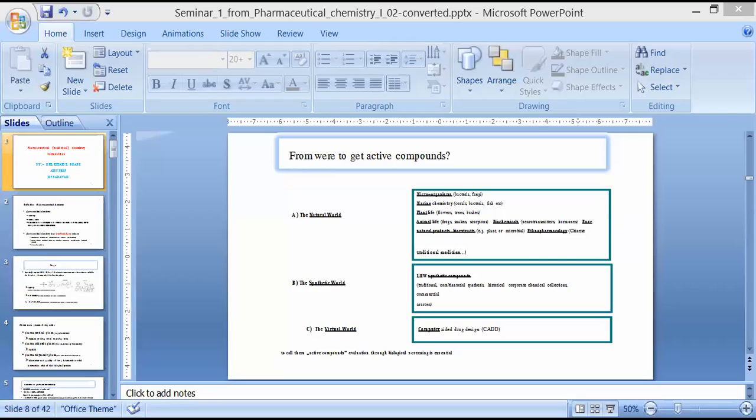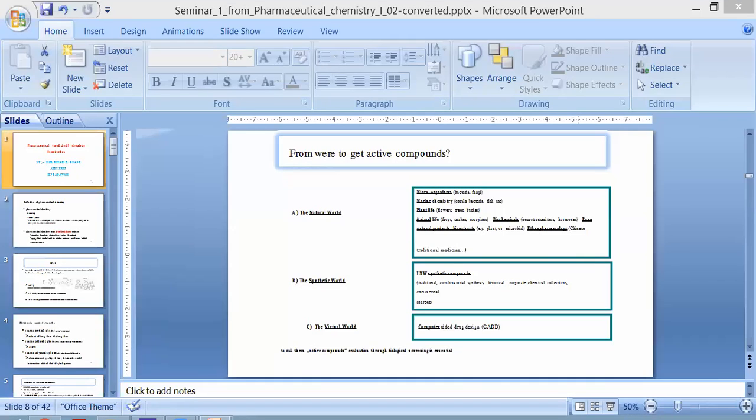Now, these are the processes in chronological order of drug development. Now we are actually going to discuss pharmaceutical chemistry, what we are going to study about that drug molecule. So we have discussed the process of discovery, that is identification and production of a new active compound, either from natural sources, or we are going to synthesize them in the lab.